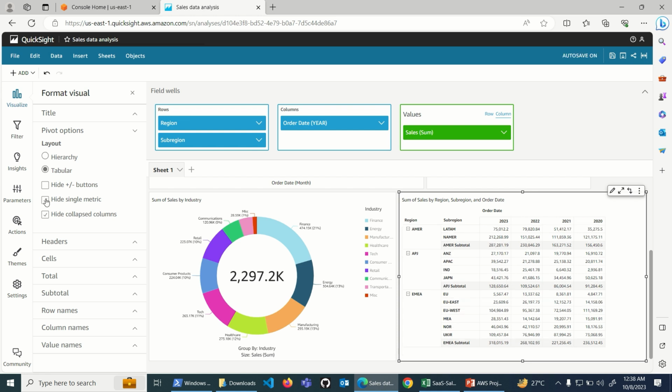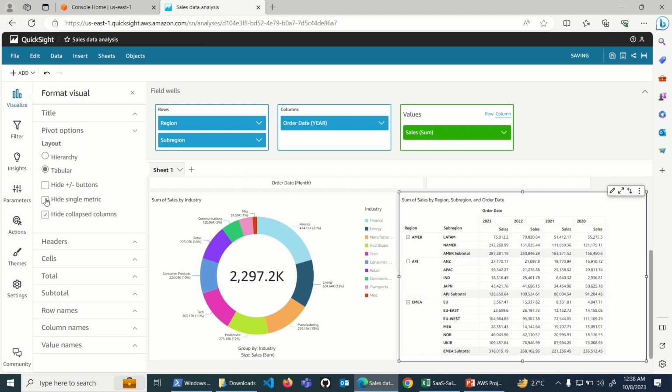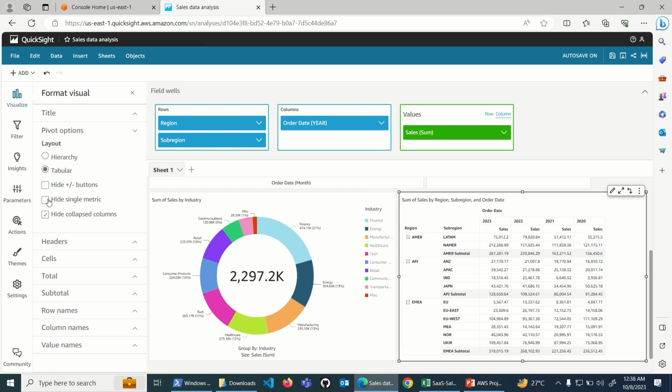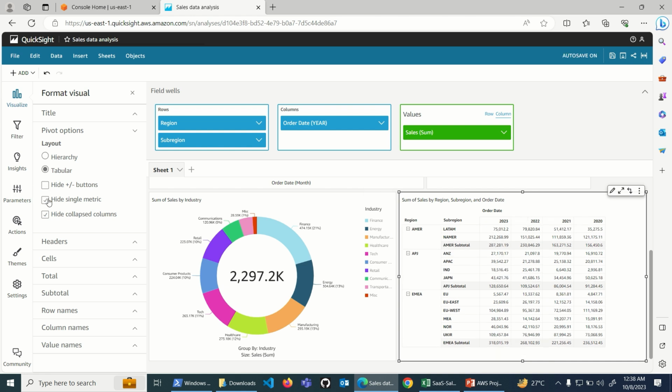Now you can see, let me uncheck this, that we have repetitive sales for our countries. If we select hide single metric, it will remove those repetitive sales. You can see that it was like this, and now it's this.